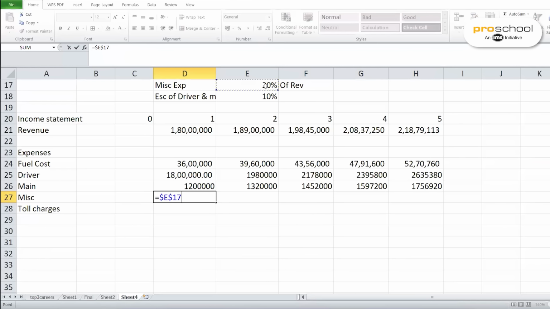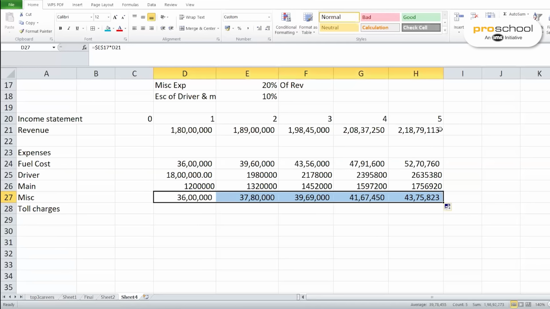So whenever you are making a cell referencing, always for each cell, just think for 2 seconds whether you have to freeze it or not to freeze it. Now I am freezing this 20% and linking it with my revenue because it is 20% of my revenue. But revenue will keep changing every year. So I will not freeze this cell D21 and my first year miscellaneous cost will be 36 lakhs and I will simply drag it because every year my revenue will keep changing and accordingly my miscellaneous cost will keep changing. Got it? Okay,